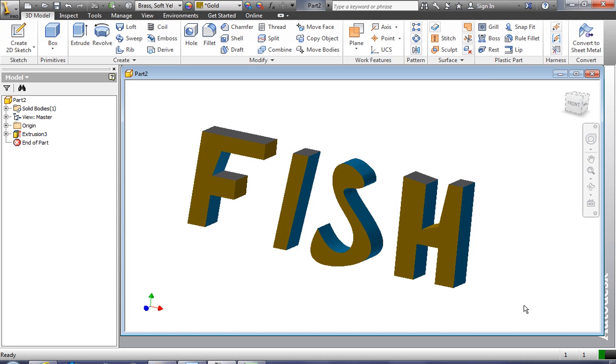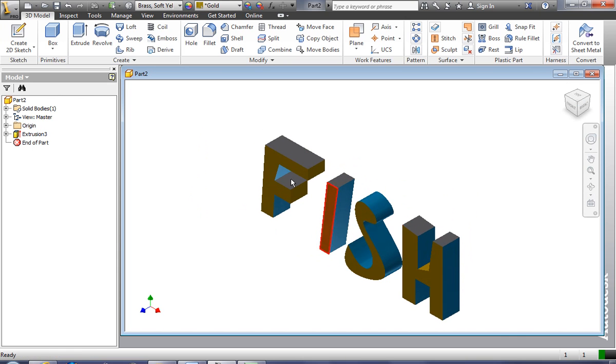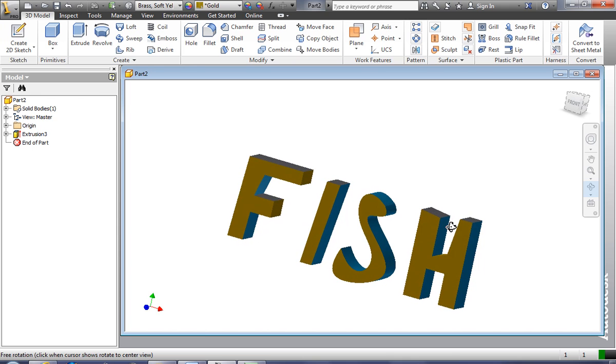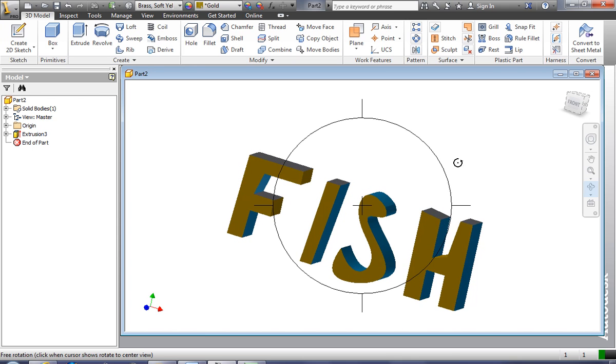Okay, so you can see here that I have my name, very simple. I have changed the colors. I have an extrusion with thickness. I have it rotated. I don't want to use the isometric view because it kind of hides my letters. I'm going to go ahead and use the rotate tool to turn them a little bit more this way so I can see what the letters are, to see my colors on my faces, and voila,